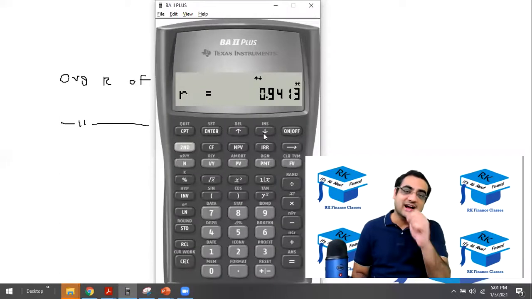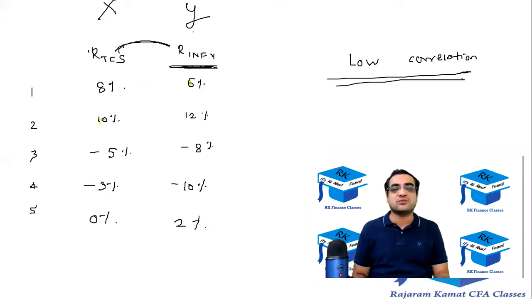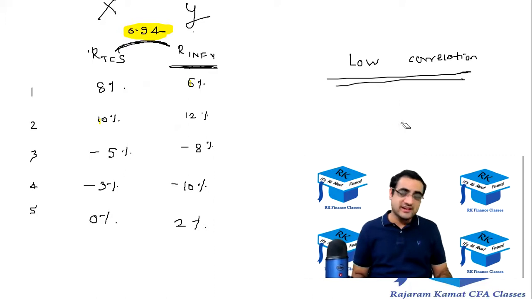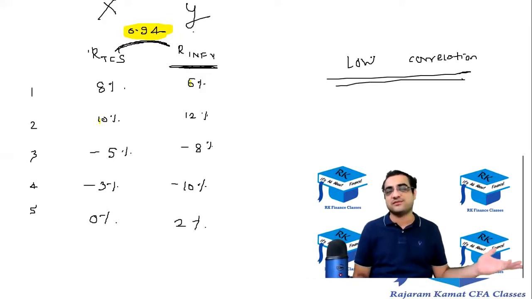scroll down, then you'll get R, and you'll realize that R is 0.94, which was expected to be very high because TCS and Infosys belong to the same sector, and hence it was expected that the correlation between the two would be very high. It comes to be 0.94, which is very high, because as I said, any correlation above something like 0.75, 0.80 is very high. It didn't come out low, it came out very high. So the strategy of splitting your money into TCS and Infosys will not be a good diversification strategy. For a good diversification strategy, you wanted a low correlation, but you are not getting a low correlation when you split your money into TCS and Infosys.